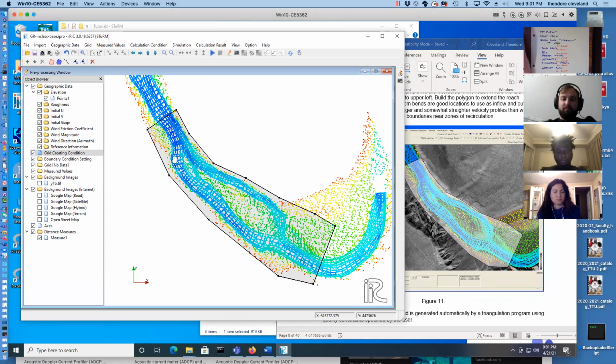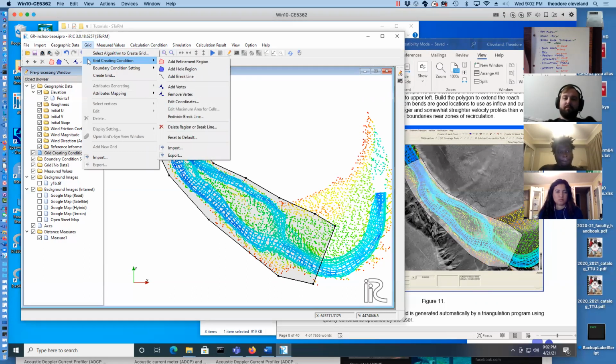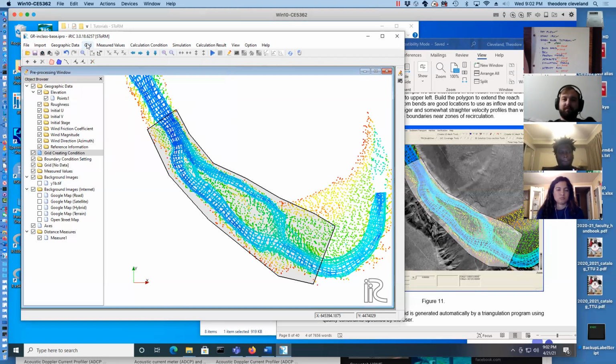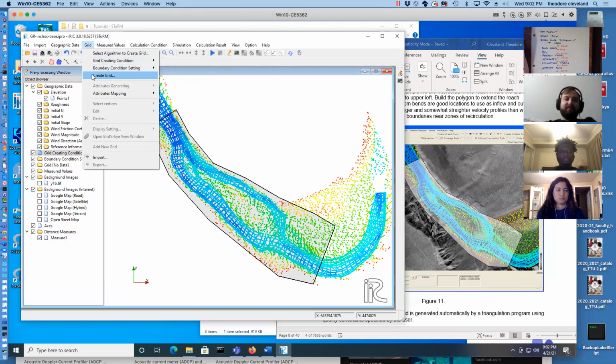But in this case, it's just a polygon, and we're going to have the computer go ahead and produce a triangular network over that. So we can do refinements, and we can move points on the grid if we want. We'll look into that later on this evening. Actually, we'll look at that next time. Let's go ahead and